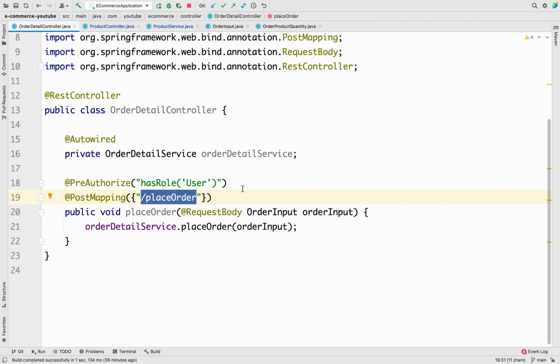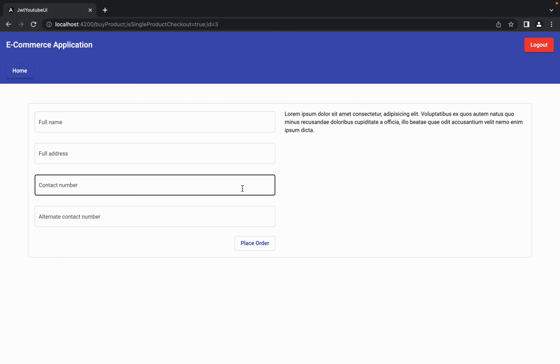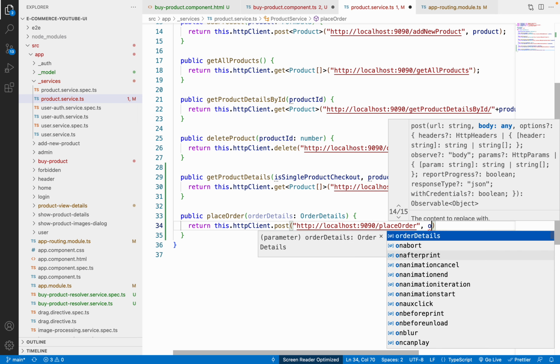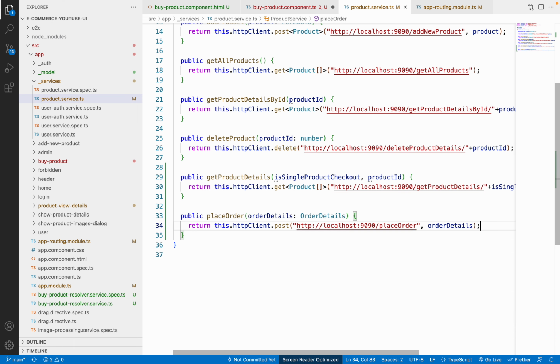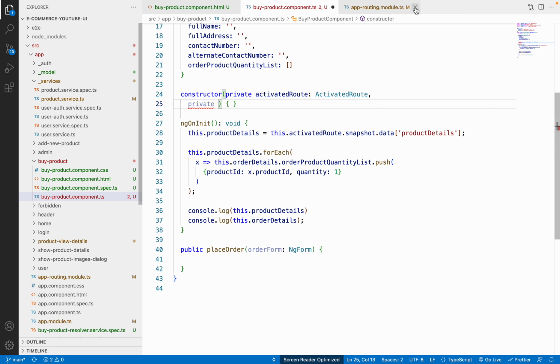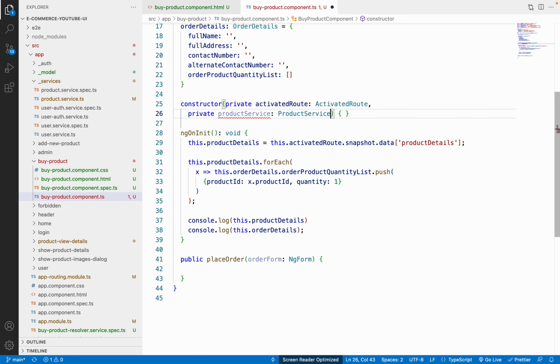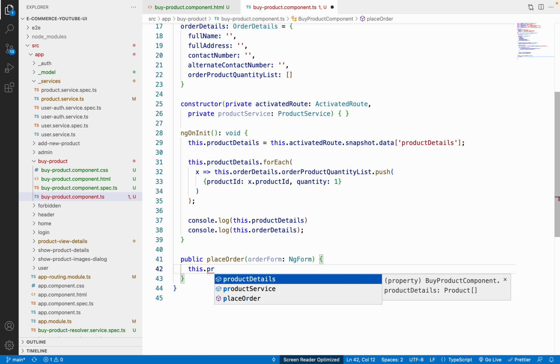Let me just copy it from the IntelliJ, which is slash placeOrder, and at the end we have to pass a body, which is nothing but the order details like this. Now we have to inject this particular service, which is the product service. Let me just use productService, which will be of type ProductService like this, and inside the placeOrder function, let me just use this.productService